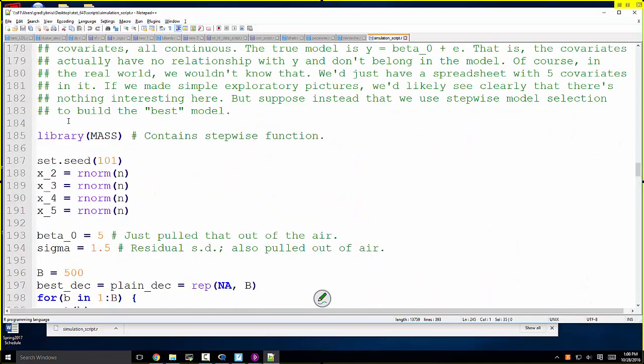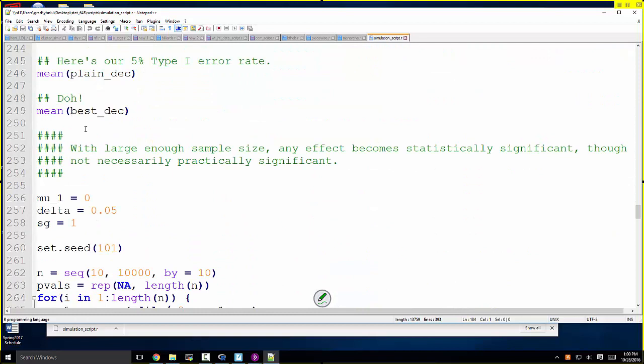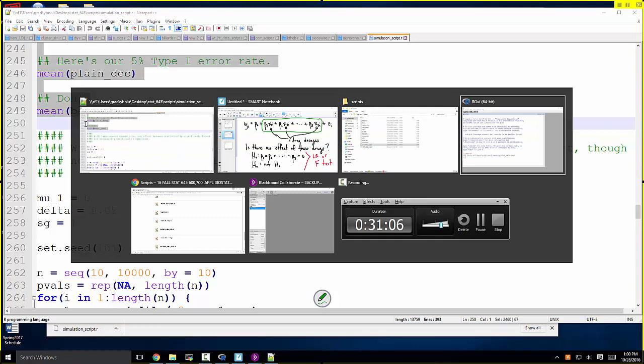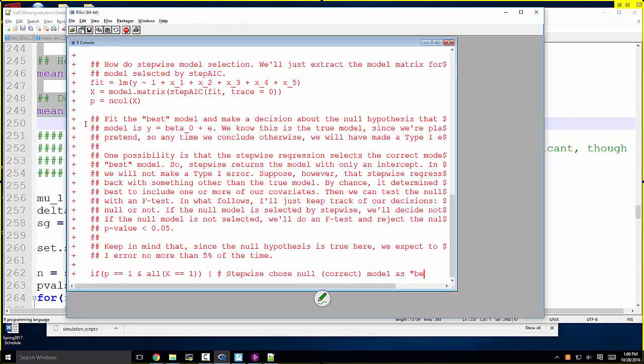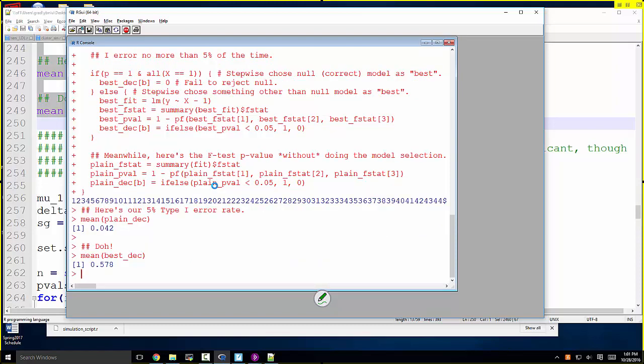So I'm just going to run this and show you the punchline. So writing down the model beforehand and doing one test